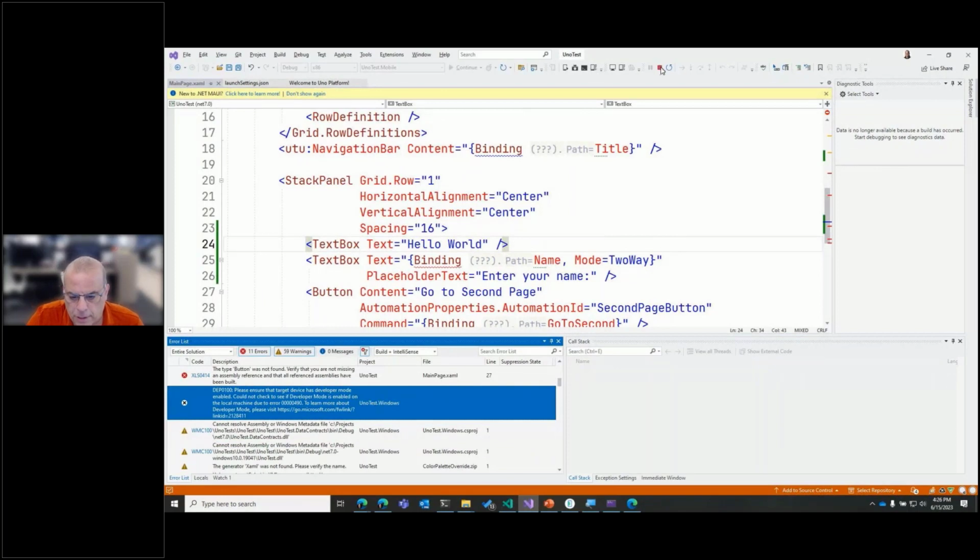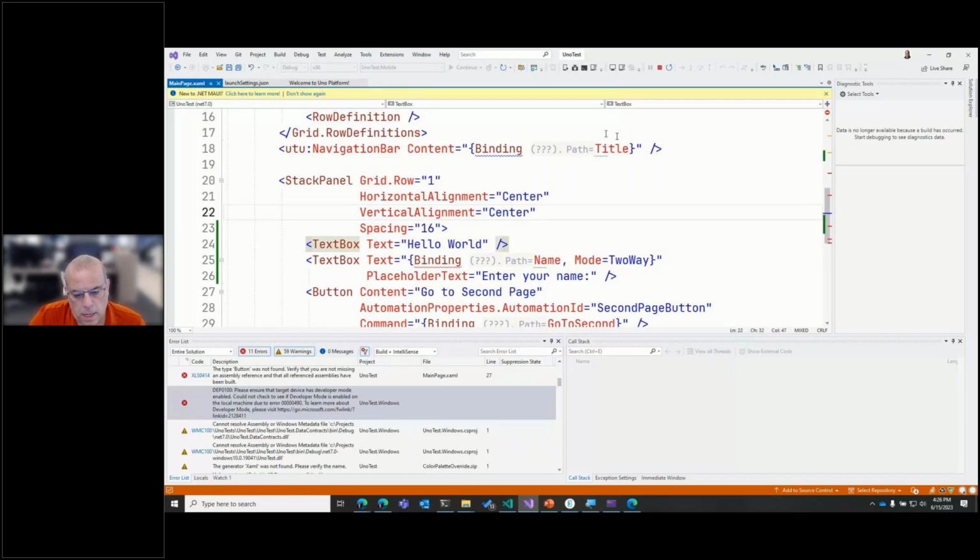Well, my hot reload is a hot mess right now, and that is actually pretty common still. There's a blog post on the Uno platform page on how to handle the hot reload, or how to help and fix the hot reload. So let's go to the last demo and add in